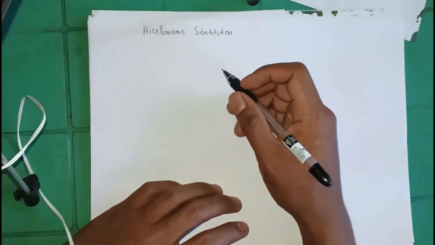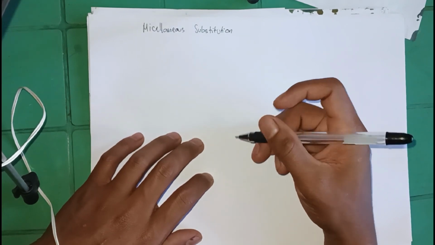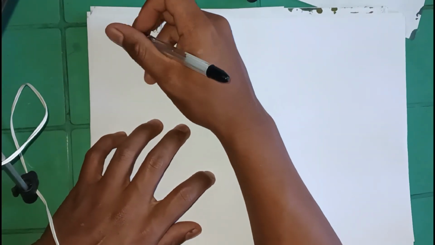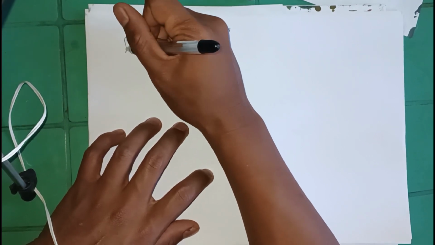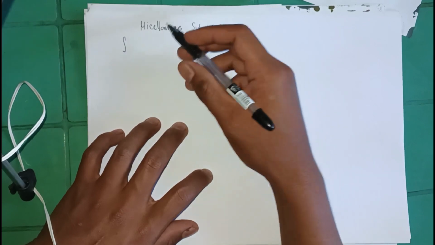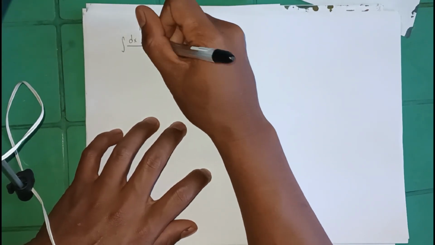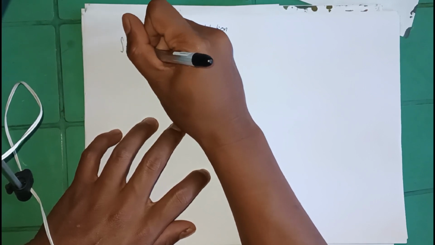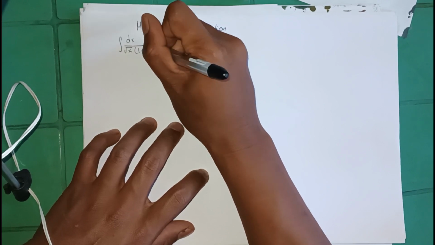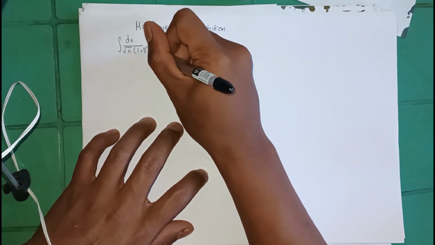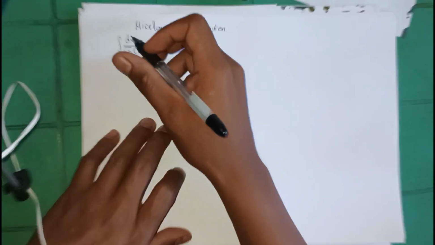So for today's video, we are going to integrate using miscellaneous substitution. So let's have an example first to elaborate further the topic. So the integral of dx over the square root of x multiplied by 1 plus the cube root of x. So the first thing we need to do is we can rewrite our denominator as